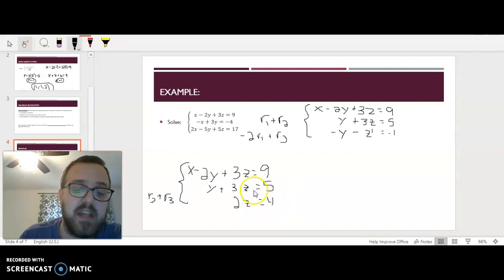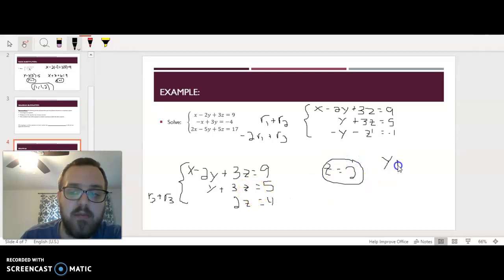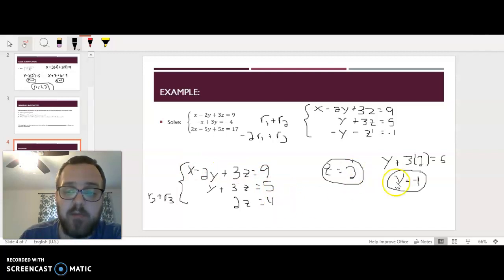I can easily solve for z, plug it in here, solve for y, plug both of these up here, and solve for x. If I go and do that over here, I divide by 2, and I'm going to get that z equals 2. There's one answer. I then plug that in here, so then I'll have y plus 3 times 2 equals 5, so y will equal negative 1. Last but not least, we'll go ahead and solve for x. We'll plug both of these in the top here. So we'll have x minus 2 times 2